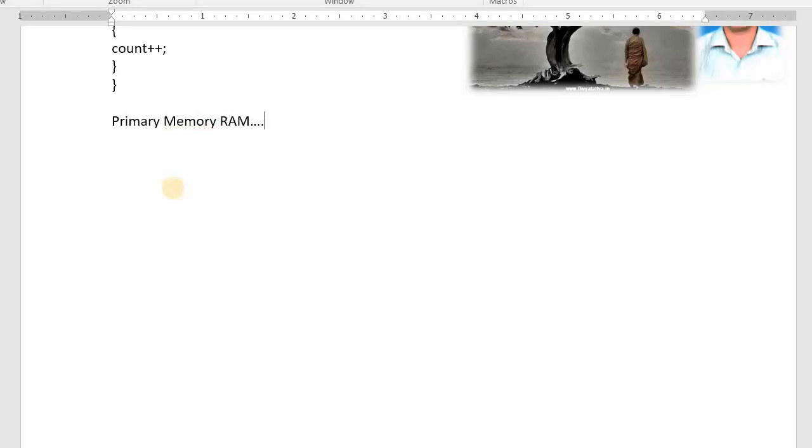But RAM is far away from the CPU on the motherboard. CPU means processor. RAM is far away from the CPU. But in the CPU, in the processor also, registers are there. You can store data in registers instead of RAM.